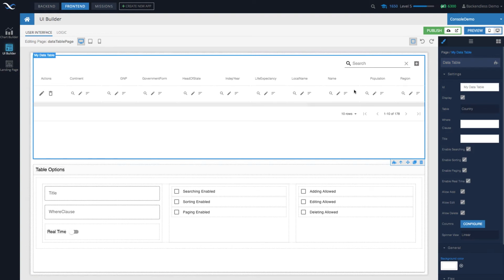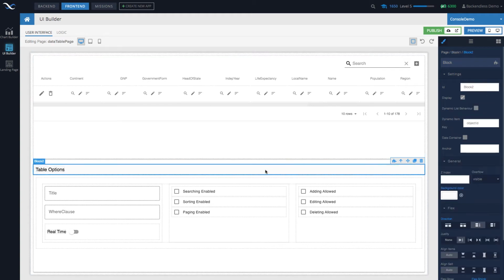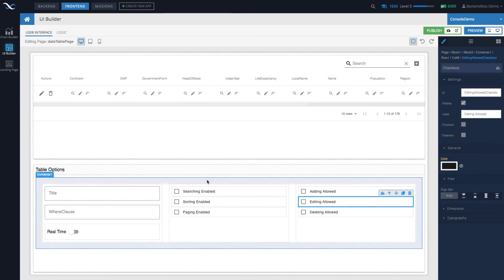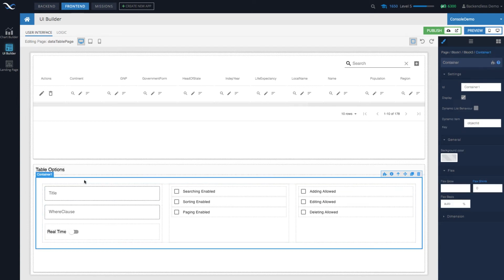Component IDs are important for several reasons. Number one, when you drag and drop a component onto the page, UI Builder assigns the default ID. And you can see those IDs if you select a component. In here, in ID, it says block 2. Some of them already have IDs assigned because the page was created from a template, but some of them don't have IDs assigned. Like for instance, if I select this container, you see the ID is container 1.